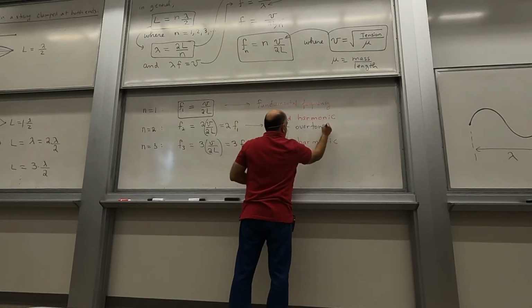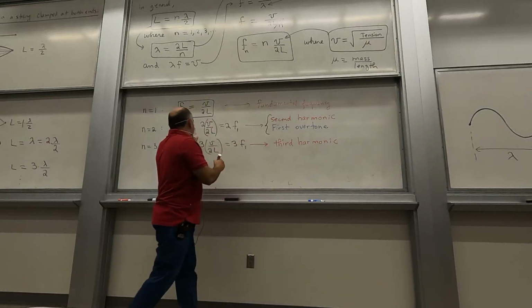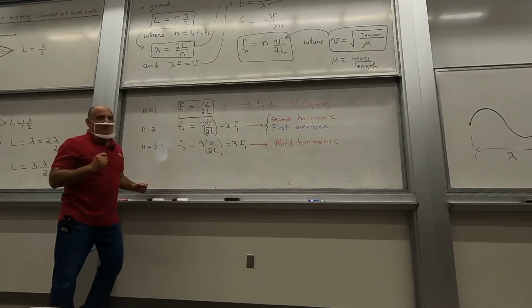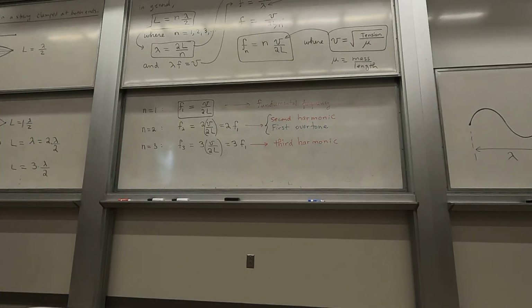So that frequency of twice the fundamental frequency can be described by 2 different names. Either the second harmonic, which is defined as an integer multiple of the fundamental frequency, or it could be described